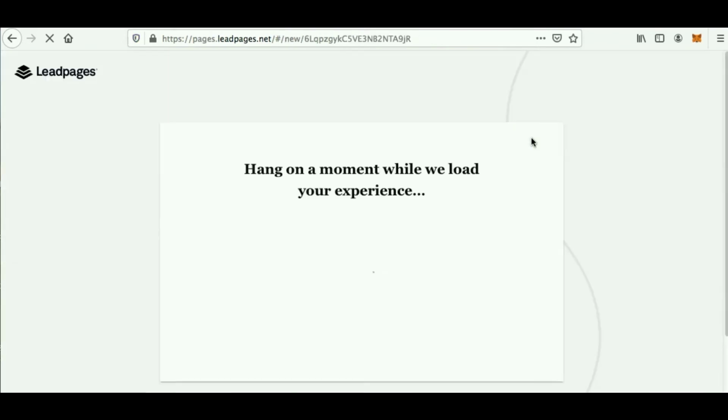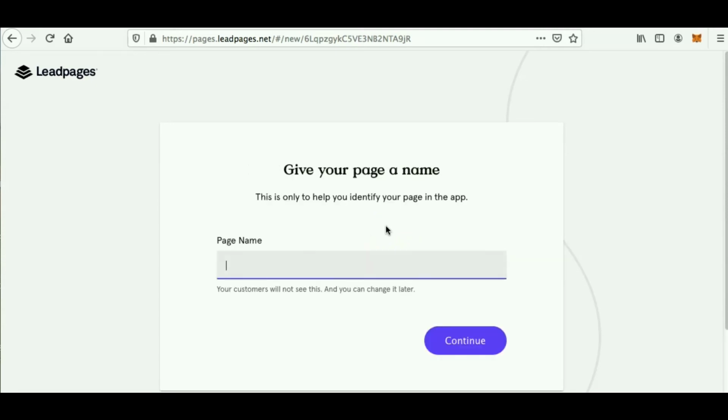But before you create your site, it's going to ask you to name your website. So for this website, I'm just going to call it Test Page 1. This is only a demonstration. You can name it whatever you want, but I'm going to select Test Page 1. So I'm going to click Continue, and I'm going to show you how easy it is to build a Lead